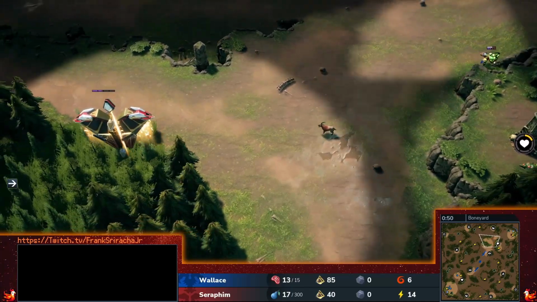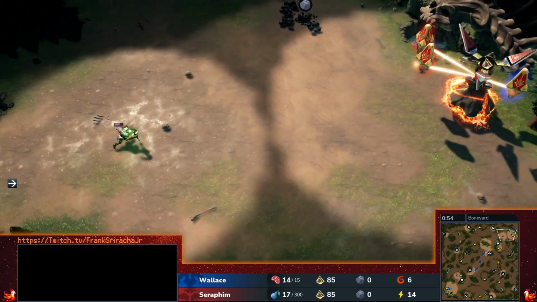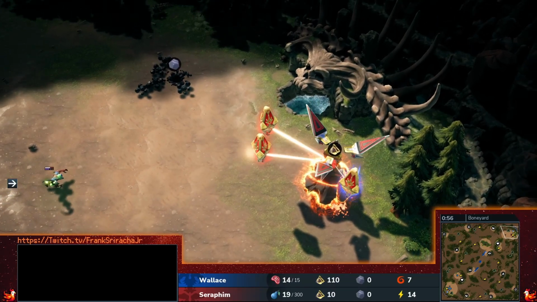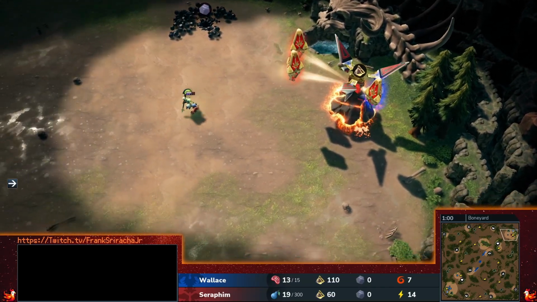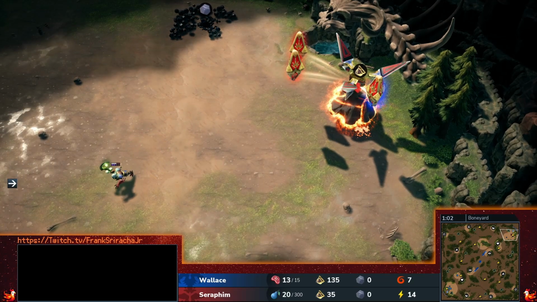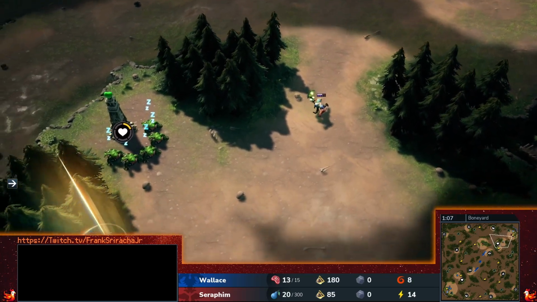Here we've got Wallace versus Seraphim. Seraphim, of course, being an alt for Oriel, I believe. Anyway, this is on new patch 0.2.1, and this is after the Celestial hotfix, I want to say,